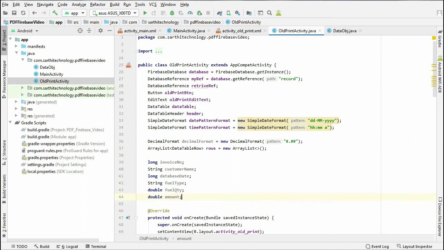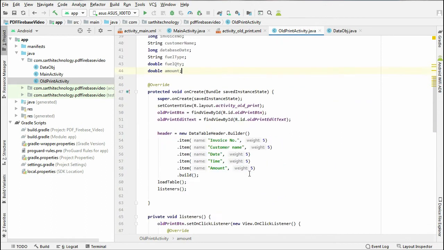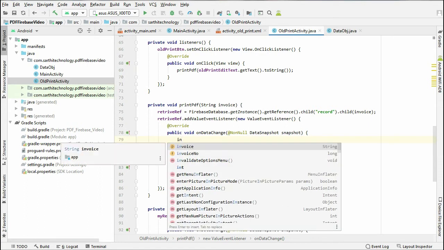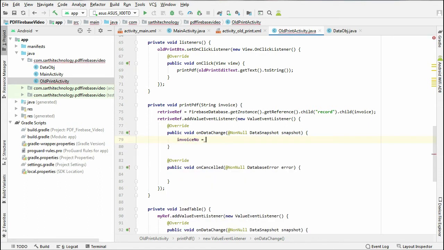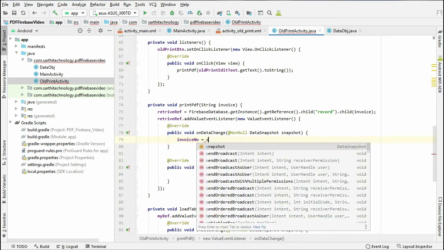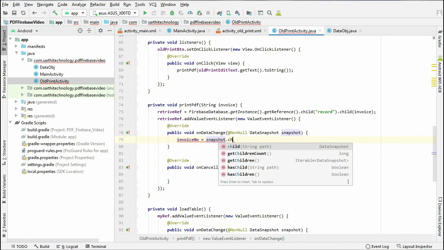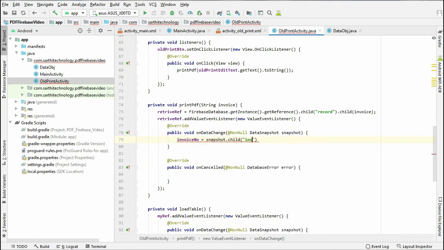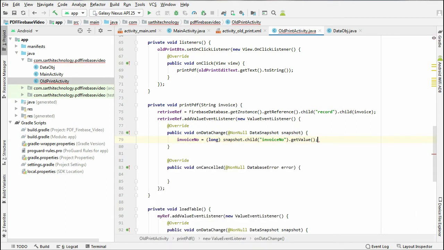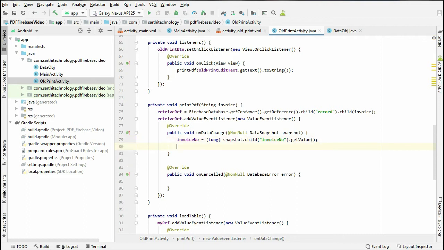So we have all the objects, and in this onDataChange, invoiceNumber equal to snapshot.child(invoice number).getValue().